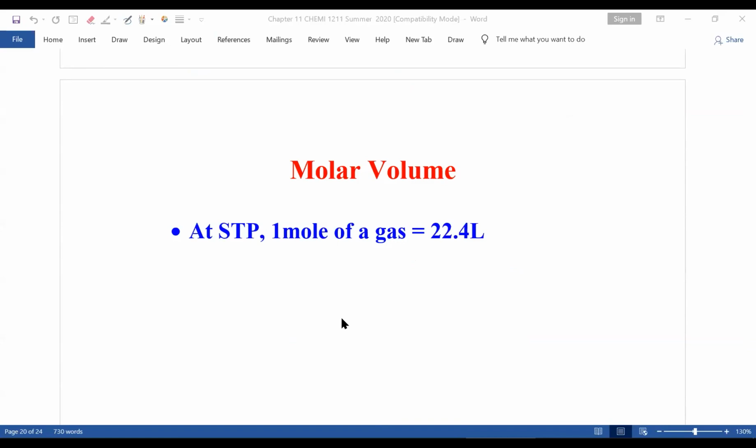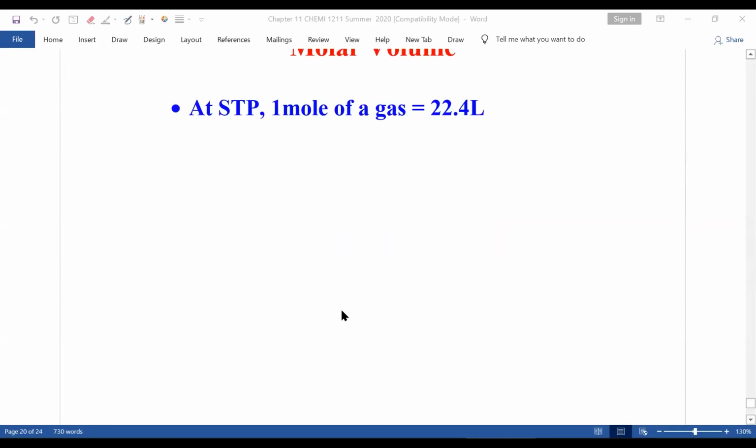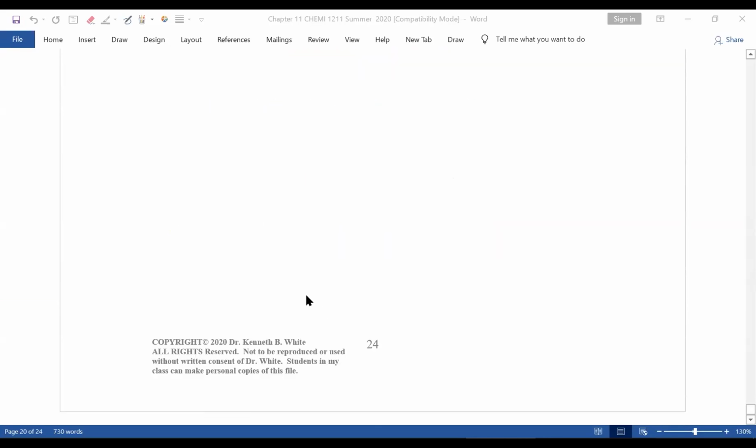And this is what Avogadro discovered, which is why his name is associated with Avogadro's number, even though Avogadro's number was discovered by 2 Germans who, after I found that out a couple of years ago, they really should have been credited. Avogadro could have been given something else, but they didn't.